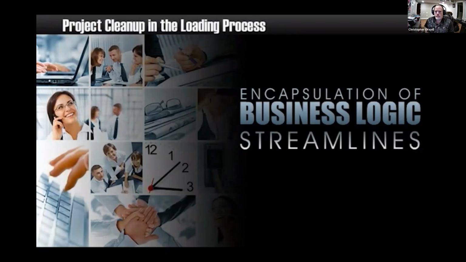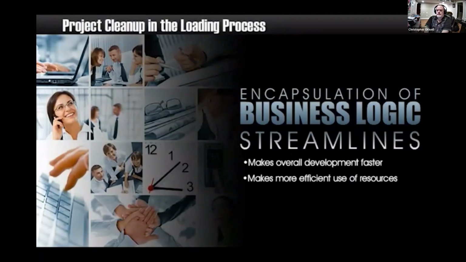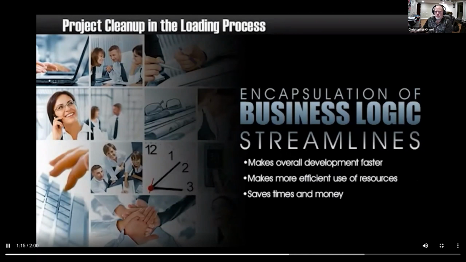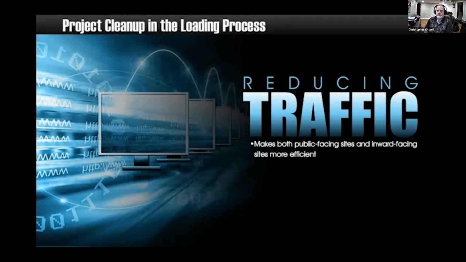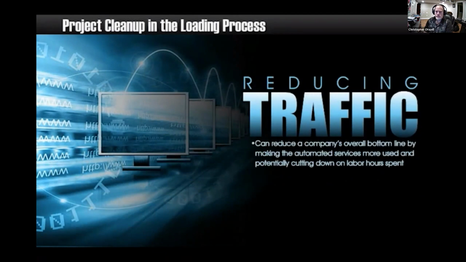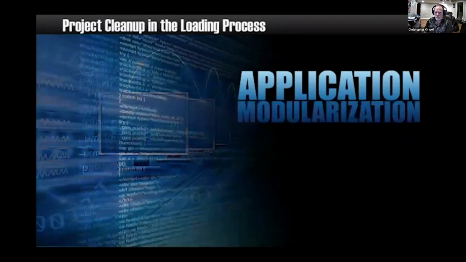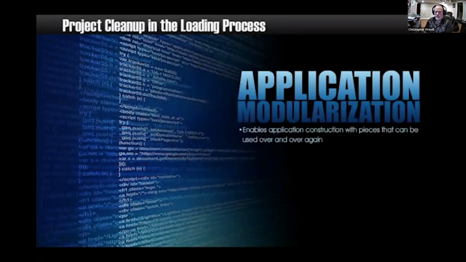This streamlines the process and makes overall development faster, makes more efficient use of resources, and ultimately saves time and money. Reducing traffic on the server makes both public-facing sites and inward-facing sites more efficient. Users are more apt to return, and the use of the services grows. This can reduce a company's overall bottom line by making the automated services more used and potentially cutting down on labor hours spent. Application modularization enables application construction with pieces that can be used over and over again,